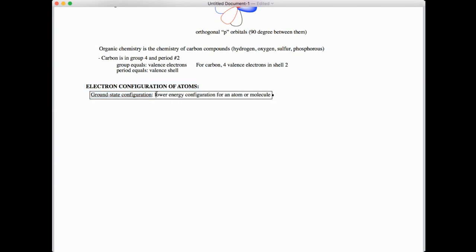configuration. Okay, so let's take an example of the atom of carbon, and then I'm gonna discuss the rules that you must follow to do the electron configuration of any atom in the periodic table. All right, so